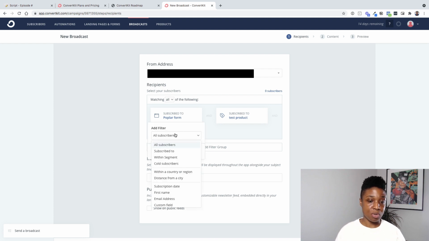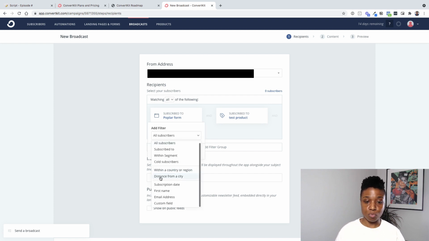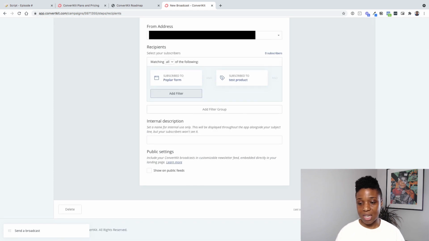On top of that, you can filter based on region, city. You can filter based on the date that people have subscribed. So if you want to send it to people before or after, you can filter based on email address, first name, so on and so forth. So we're going to click next here